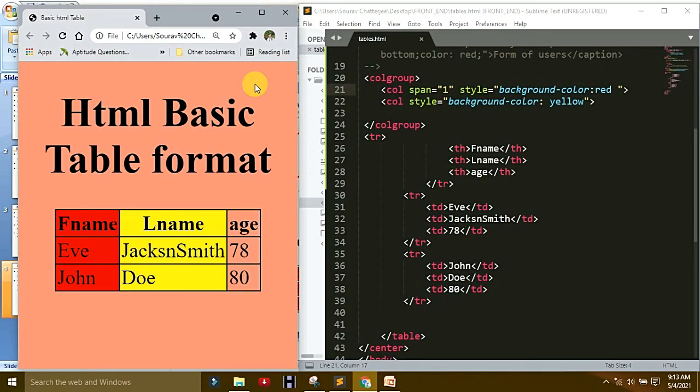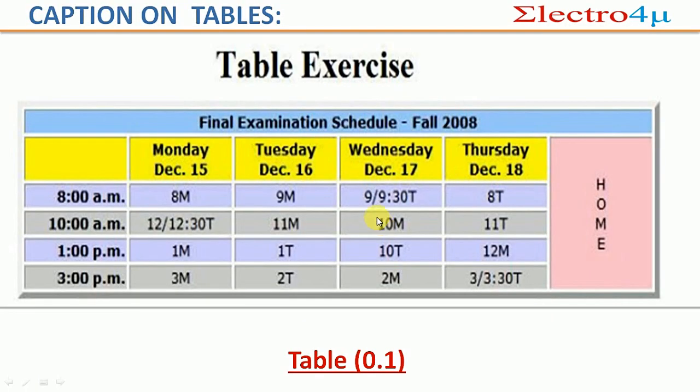If you do this assignment, please send it to my email address or tell me in the comment box. Your assignment is to make a table heading and table caption. I already told you how to make them. How to change the color, I already told you for your understanding. Change the color 1, 2, 3, 4, and change the color of columns also, rows also. That's your exercise. Please do this assignment for your understanding. If you do the assignment, I think you will be better at HTML tables. So that's it. Thank you guys. See you in the next lecture.